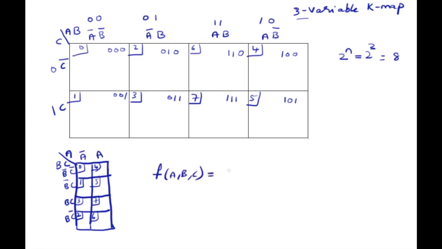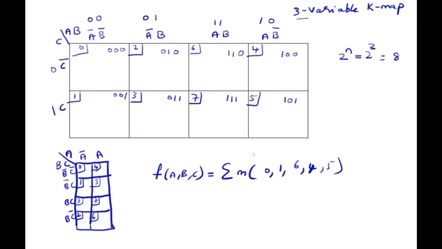That is equal to summation of minterms of 0, 1, 4, 5 and 6. Yes, always it should be in some order. So 0, 1, 4, 5, 6. If you write in that way, that would be a correct order. Yeah, if this is given, then how to solve?